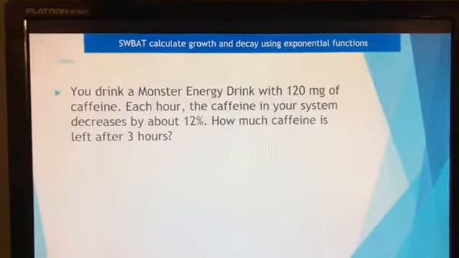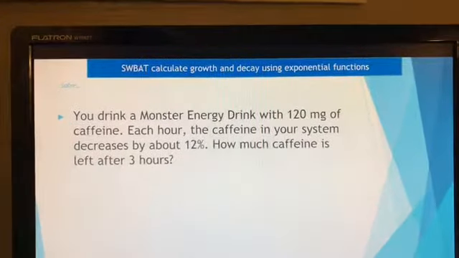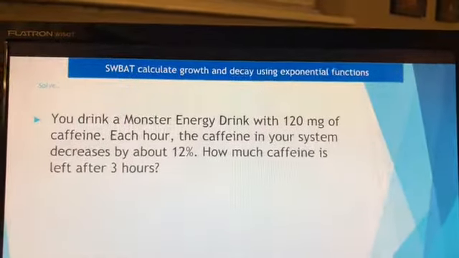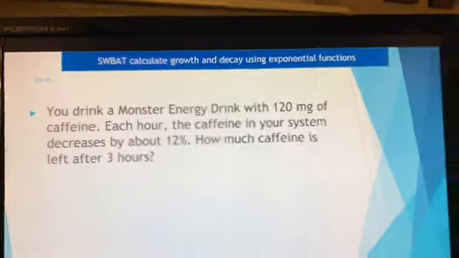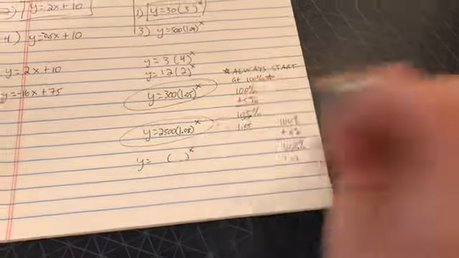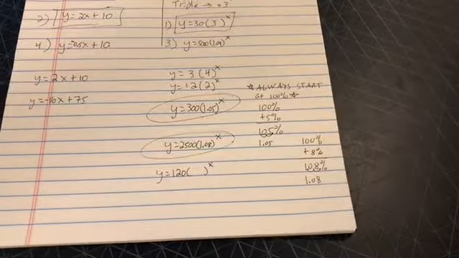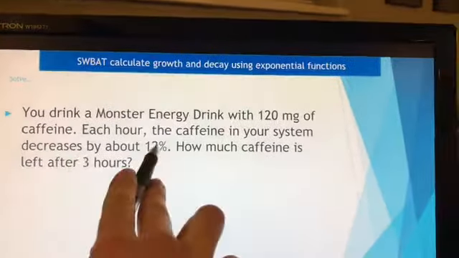Let's try one more example. You drink a Monster energy drink with 120 milligrams of caffeine, and every hour the caffeine in your system will decrease by about 12%. So if we're decreasing by 12%, percent change is always exponential. So I'm going to write y equals some number in parentheses to the x. After you finish the Monster, we start with 120, and now we need to figure out the multiplier. We're decreasing by 12. So we always start at 100,